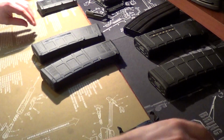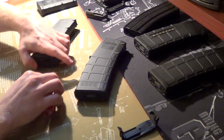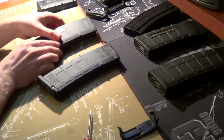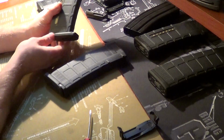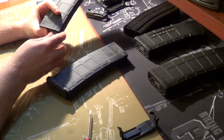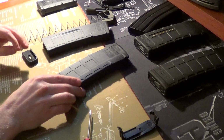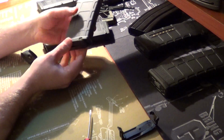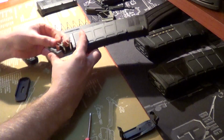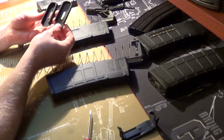So we will actually compare those really quickly. So one way they're different is that in a Generation 2, you take the base plate off from the front, or you push towards the front that way, and then it will come out. Nice and easy. On a Generation 3, it'll actually come out from the back. Come out like so. So here is the Generation 2, and here is the Generation 3,